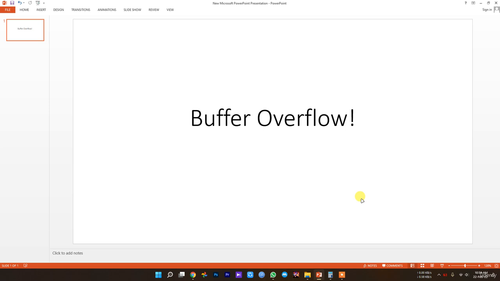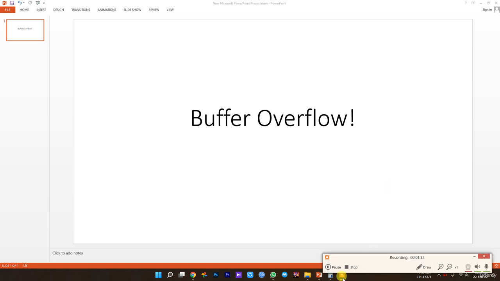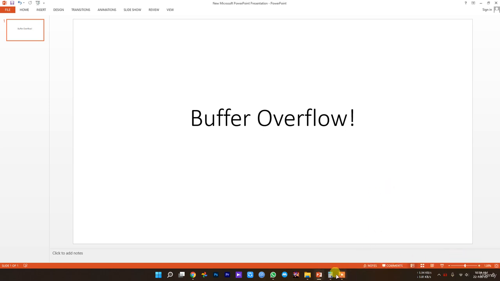So let me start by explaining what buffer overflow is. Buffer overflow is a weakness inside the application that allows the user to take advantage of the memory. So for instance, if we are using a program like a calculator